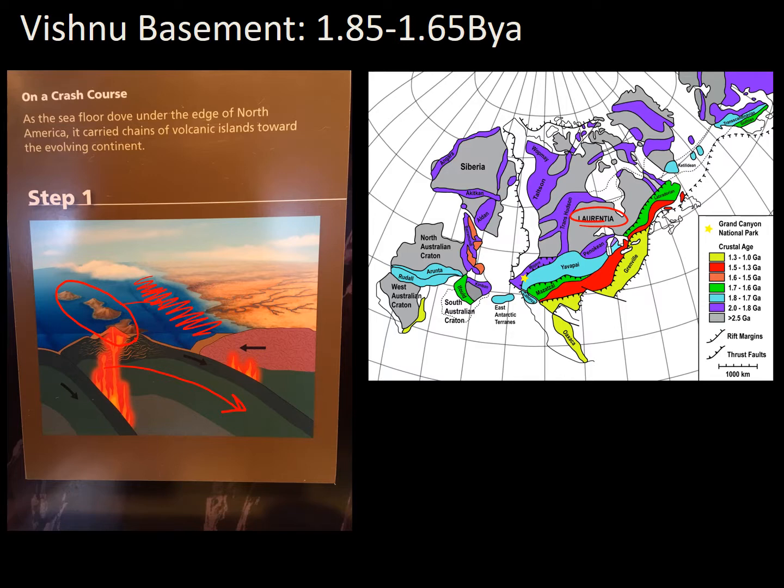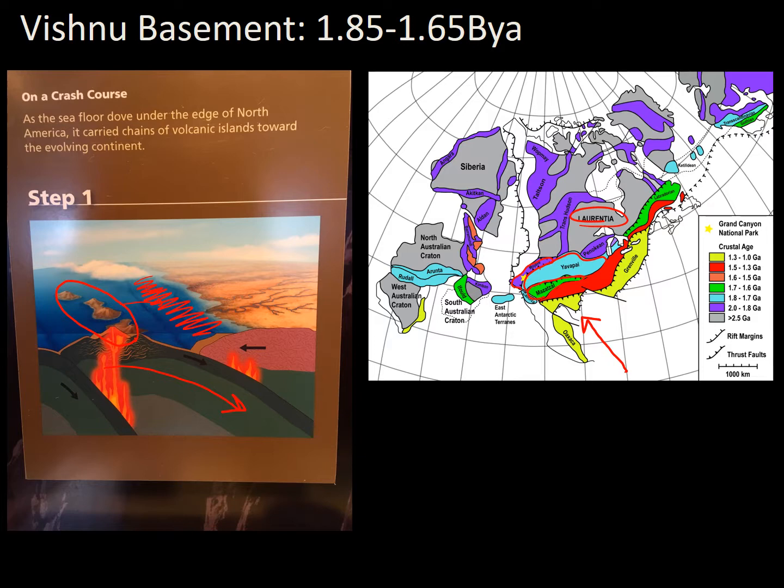This was occurring quite a bit on the southeastern margin of Laurentia during this time. Plates were subducting to the northwest in this view, and there were significant accretions to Laurentia. It grew in big chunks. The Mazatzal province, this green, the Yavapai province, and this purple, the Mojave province, represent major accretions to Laurentia via